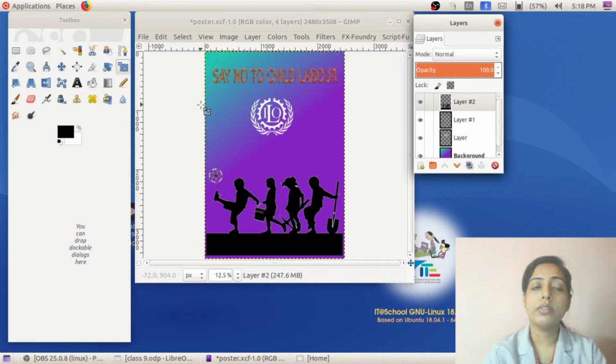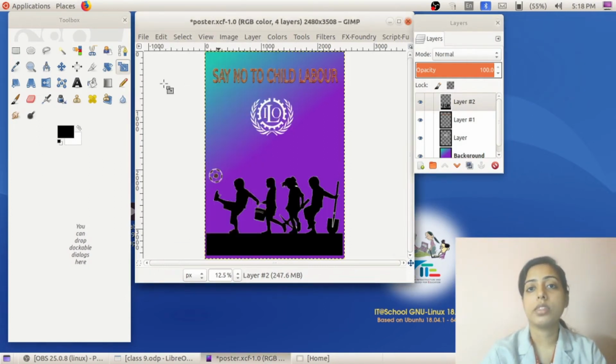What we have done: first we make the foreground and background color black and white. After that, select the fuzzy select tool and then click on the areas of that image of a particular color. I have removed this white background, so click on each white region and press the delete key from your keyboard. After that, select the none option, then click on edit copy from that image and then edit paste it on the canvas. So this is the use of the fuzzy select tool. Hope you all understand this topic.